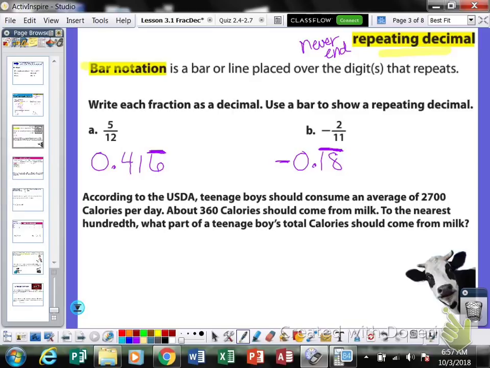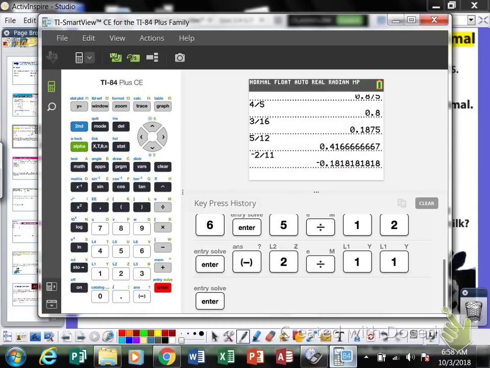All right, according to the USDA, teenage boys should consume an average of 2,700 calories per day. About 360 calories should come from milk. To the nearest hundredth, so that's very important, to the nearest hundredth, what part of a teenage boy's total calories should come from milk? So about 360 calories should come from milk of the average 2,700. 2,700 is your daily allowance of calories. So if we take 360 divided by 2,700,